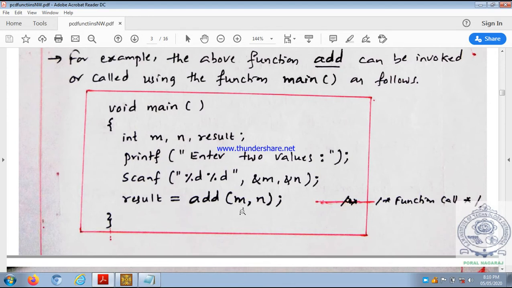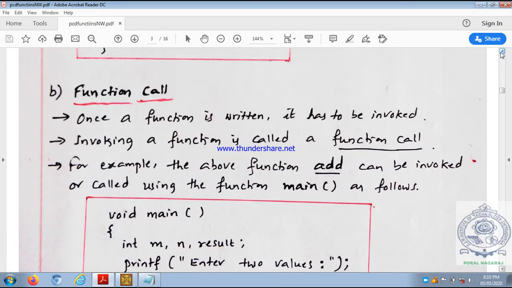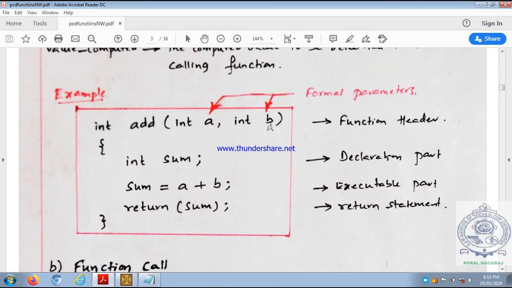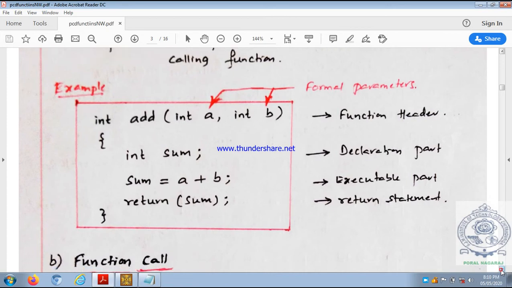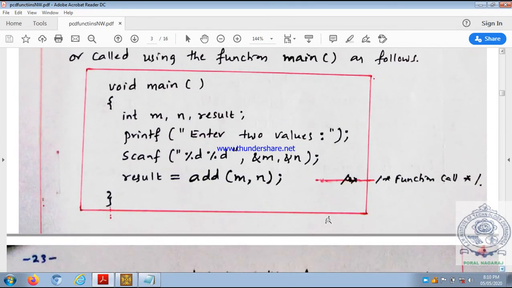We are passing the value of m and the value of n to the add function. The value of m will be copied into variable a, and the value of n will be copied into variable b, the formal parameters. So the values of actual parameters will be copied into formal parameters a and b.